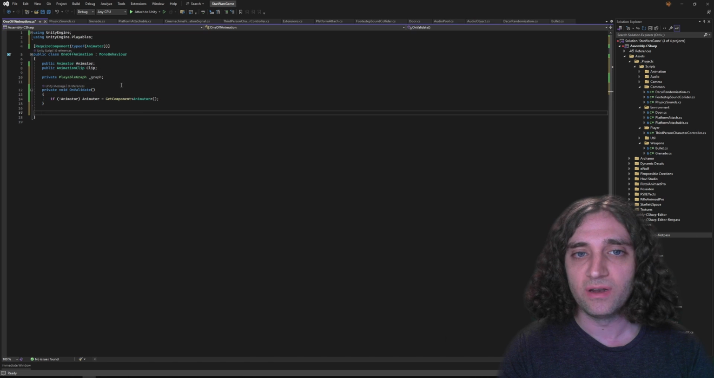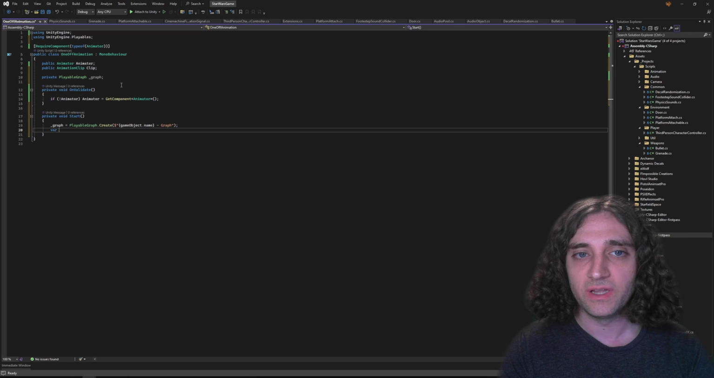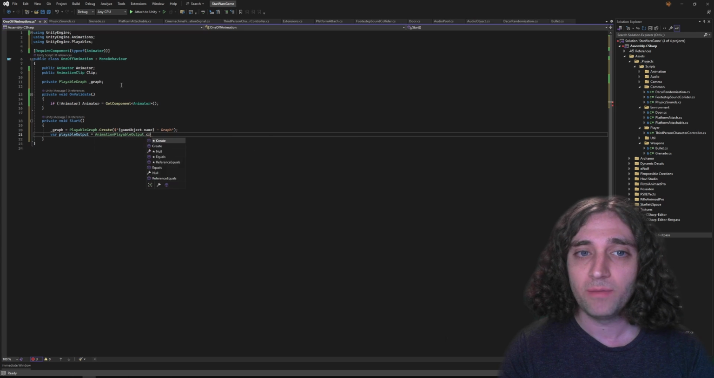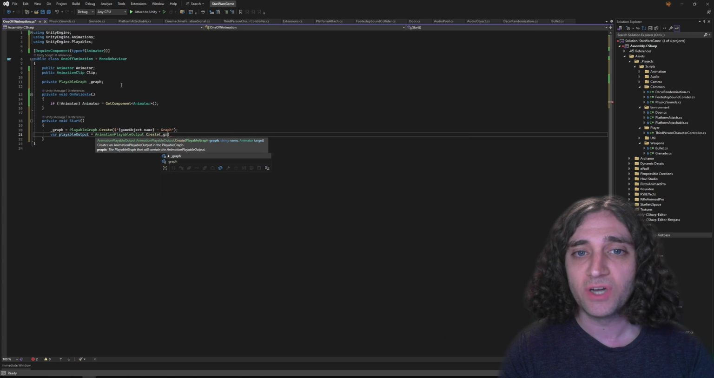In the start method, we can create the playable graph and name it something that will be easy to find in the playable graph visualizer in case you have lots of playables in your scene. Let's create an animation playable output, which takes in the graph, a name, and the animator the output will be targeting. This means that the animation playable graph will output the animation data of the graph to the existing animator